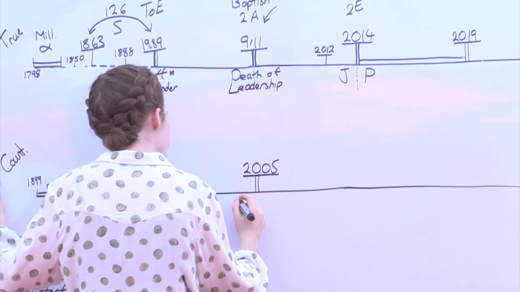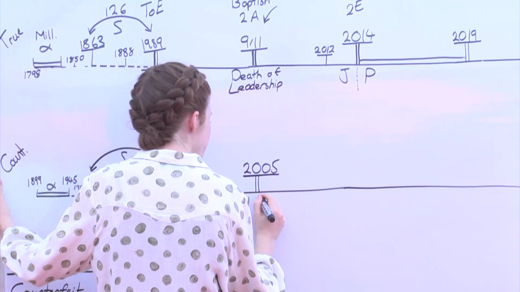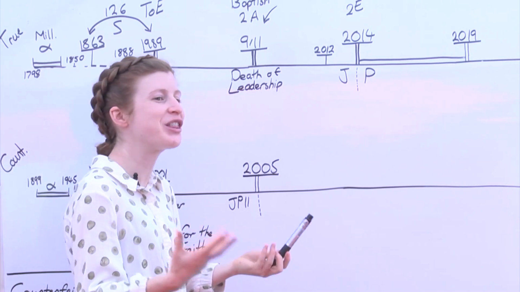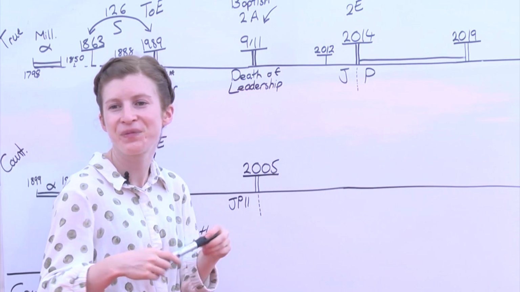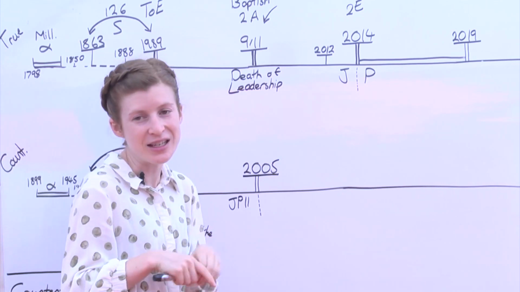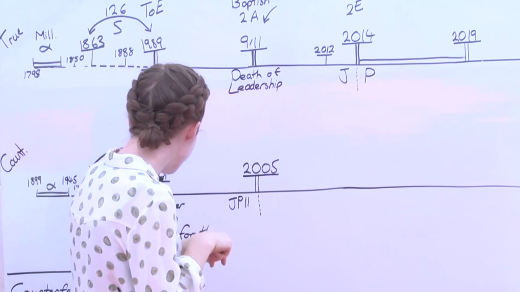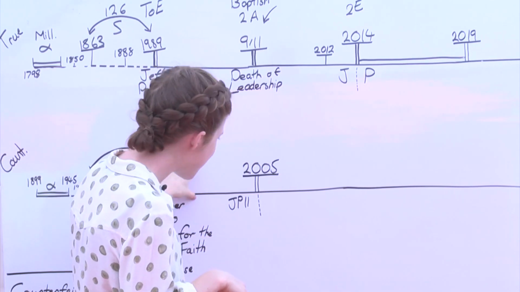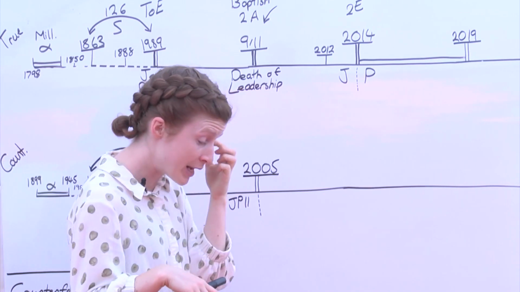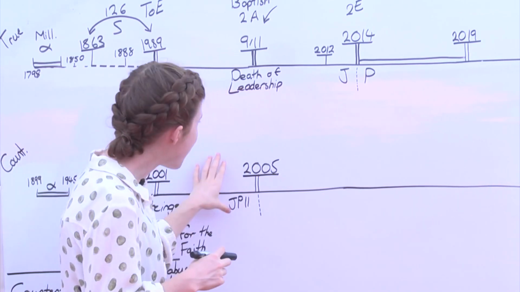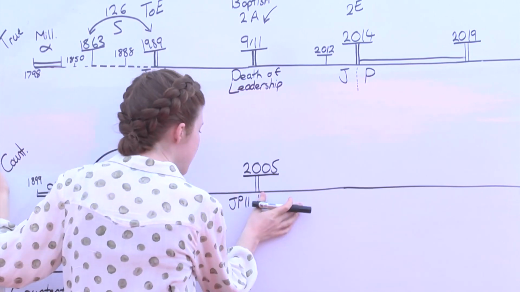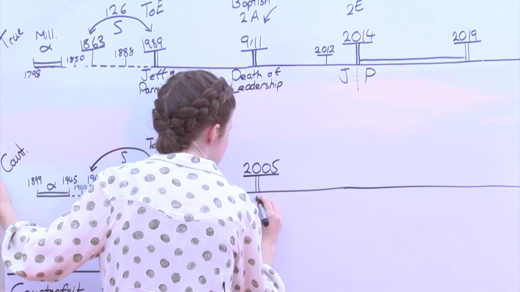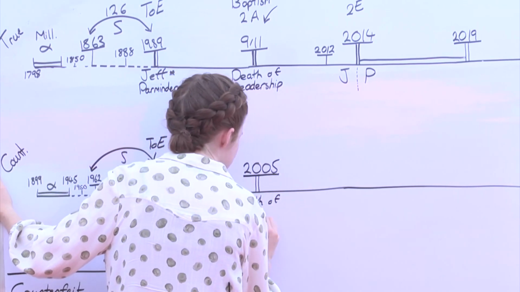John Paul. How did John Paul handle the sexual abuse cases? How did he deal with the filth inside the church? He didn't. He did nothing. He failed on that score. So John Paul II has done nothing. Ratzinger from 2001 begins to clean up what he describes as internal filth. In 2005, you have the death of leadership, the death of John Paul II.